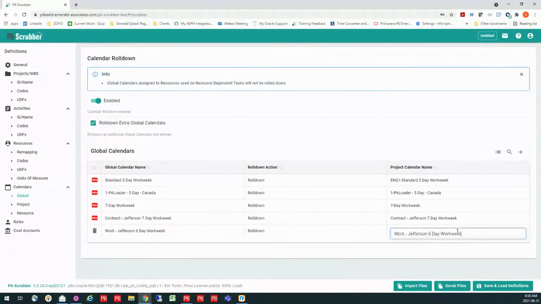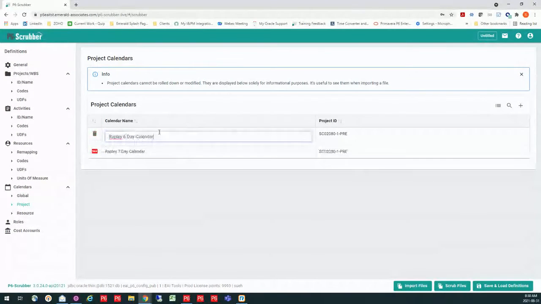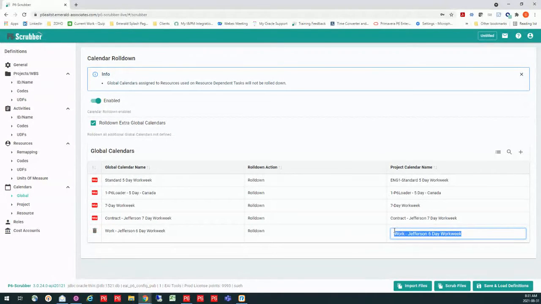So let's say I wanted to take this one and, boy, that didn't work well, did it? Let me try to get that again. So I'm going to go and copy this. Let's try it again. And then I could say, all right, here's the 6-day calendar. I know it's the same as this 6-day calendar, and it would remap my global Jefferson calendar to my project